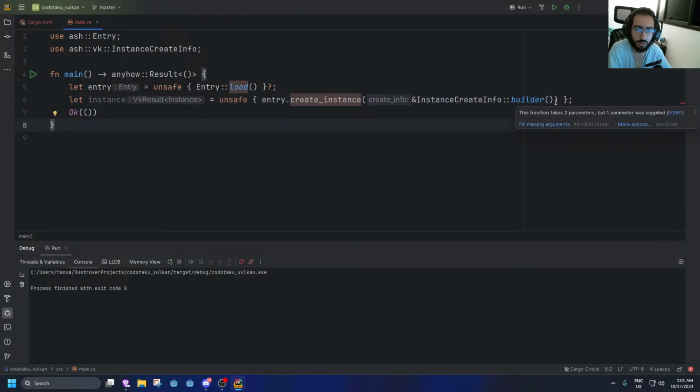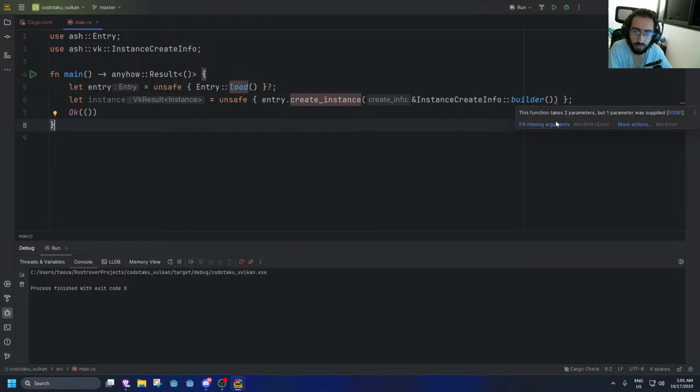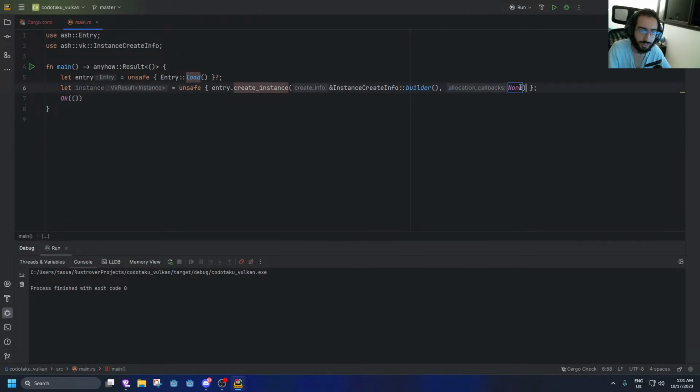What's going on here? This function takes two parameters. Oh, takes two parameters? What? Are you kidding me right now? Fill missing arguments? Oh, allocation callbacks. I forgot about that. Okay, cool. So, and then basically this would give us the result, and then we're just going to unwrap that out,